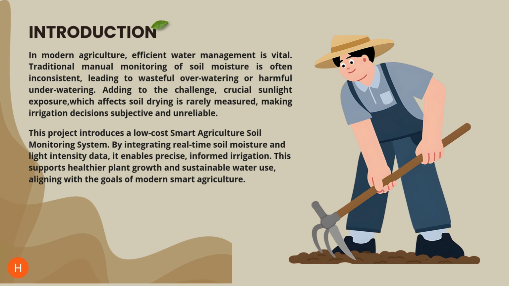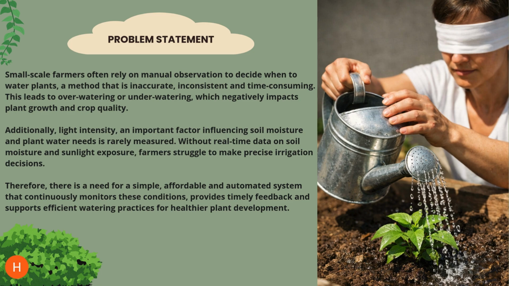This project introduces a low-cost smart agriculture soil monitoring system by integrating real-time soil moisture and light intensity data. It enables precise, informed irrigation, and this supports healthier plant growth and sustainable water use, aligning with the goals of modern smart agriculture. As our problem statement, small-scale farmers often rely on manual observation to decide when to water